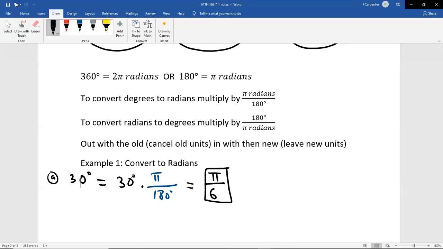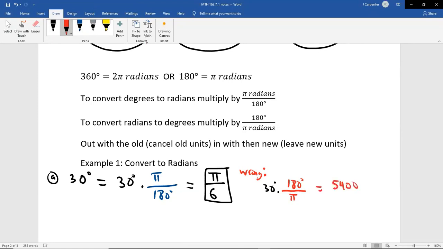B. Oh, no, I said I was going to do it wrong first. So, and actually I won't erase it. If you took your 30 degrees and you multiplied it by, red for wrong this time, let's do 180 over pi. So first of all, now the 30 and the 180 are being multiplied, so 30 times 180 is going to